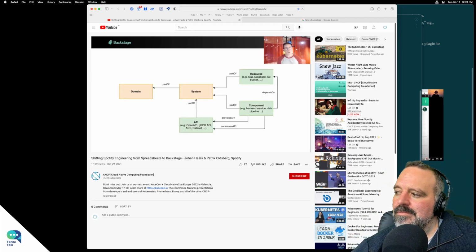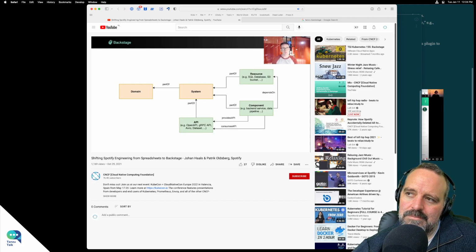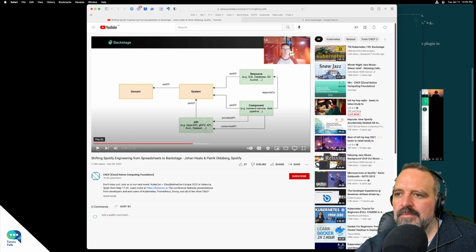And so far we've talked a lot about components, but Backstage aims to model the bigger picture. So components can be part of a system, depend on resources, and of course implement APIs. Each of these are different kinds of entities within the catalog, and they have their own catalog front end. It's important to mention that this is not a model that is set in stone for you as an adopter.